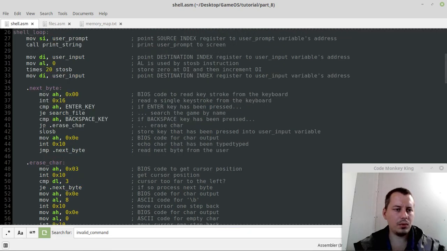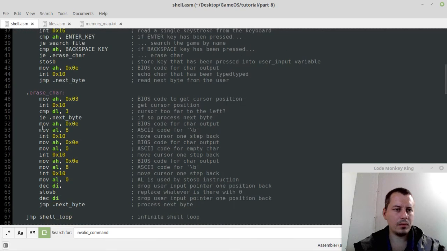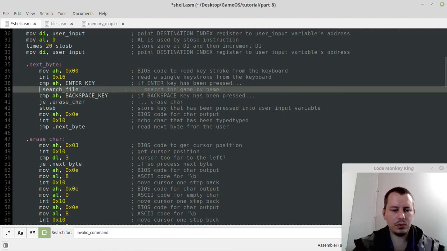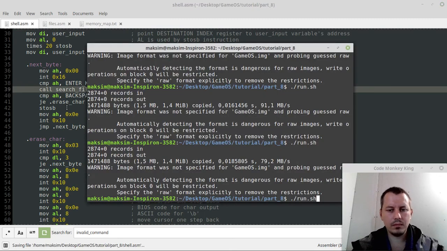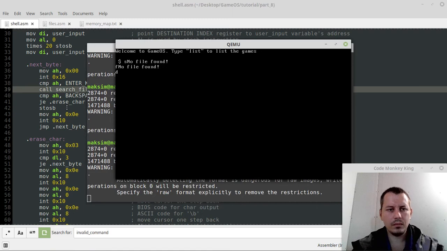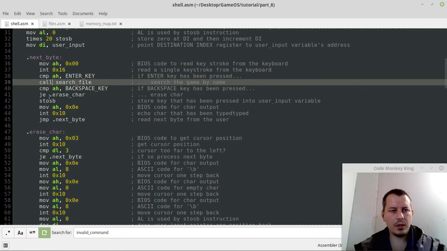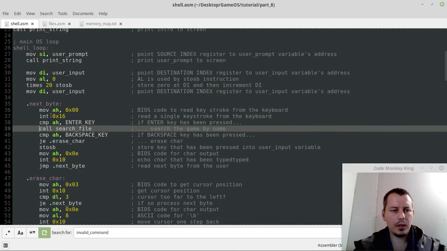So where do I call the search file? Oh, I don't want to jump equals, I want to call. Oh my god, guys, just hold on a sec. I need to debug this stuff because otherwise it goes crazy completely. Okay, so one of the things I've realized here is that it just calls every time. So we need to stay still, jump equals, let's create a label,